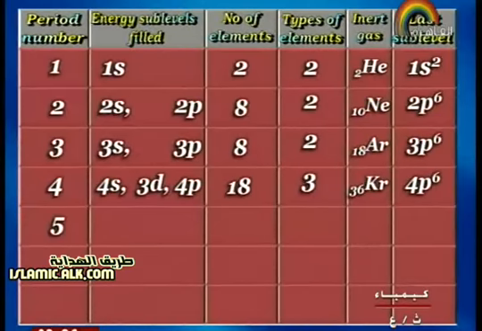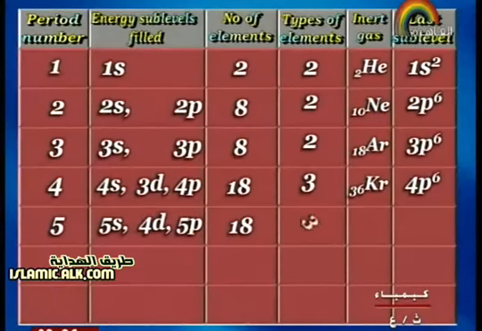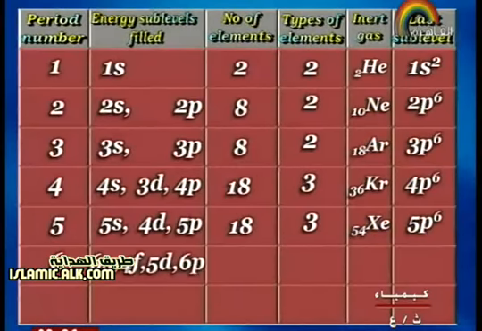While in period 5, the energy sublevels filled are 5s, 4d, and 5p, and the number of elements is 18, and the types of elements is 3, and the inert gas is xenon, and the last sublevel here is 5p6. While in the sixth period, the energy sublevels are 6s, 4f, 5d, and 6p, and the number of elements is 32,